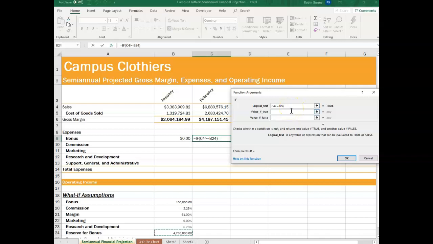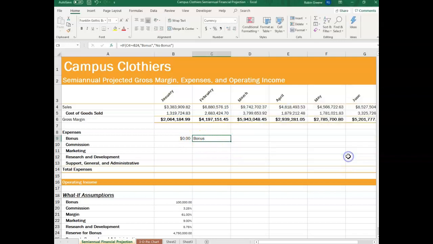I just want to show a little bit of difference between, okay, what about words? So normally if I'm going to type it in, I have to remember that words have to have double quotes. But in this option, I can say bonus or no bonus, and it will go ahead and put the double quotes in there for me. As soon as I get out of the cell, notice that there are double quotes around that. If I'm typing it in, I'd have to work through that, and I can say OK on that point too, and you can see that there is a bonus there. If I fill it back, there is no bonus. Okay, so